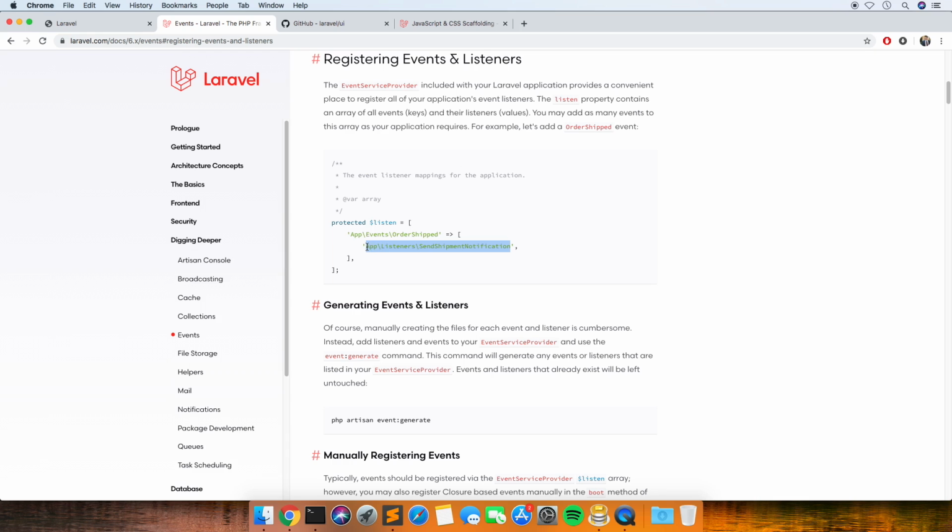So you could have send an email, and then you could give the user some sign up bonus or something. You can do multiple listeners. It just keeps your code a lot more reusable than writing it everywhere that you're going to need it. And you can use these events for so many different things. It's really worth having a look at. I'd not really used them that much before.